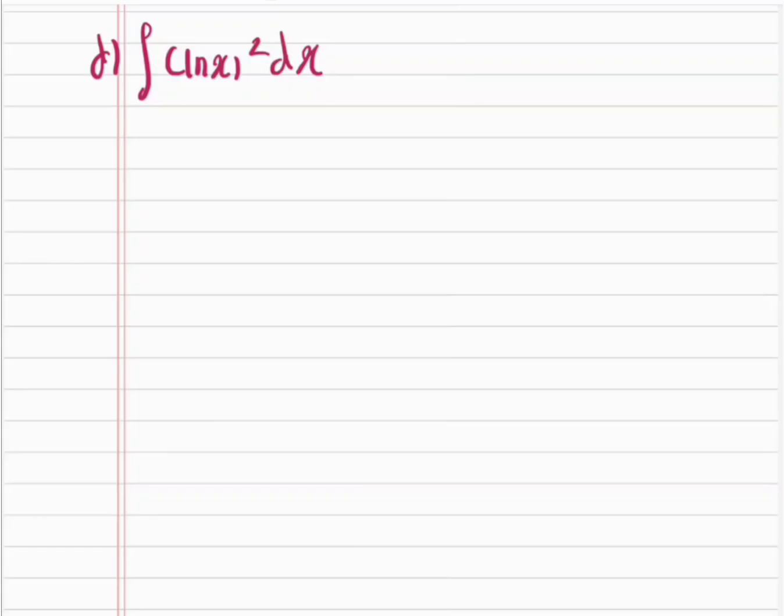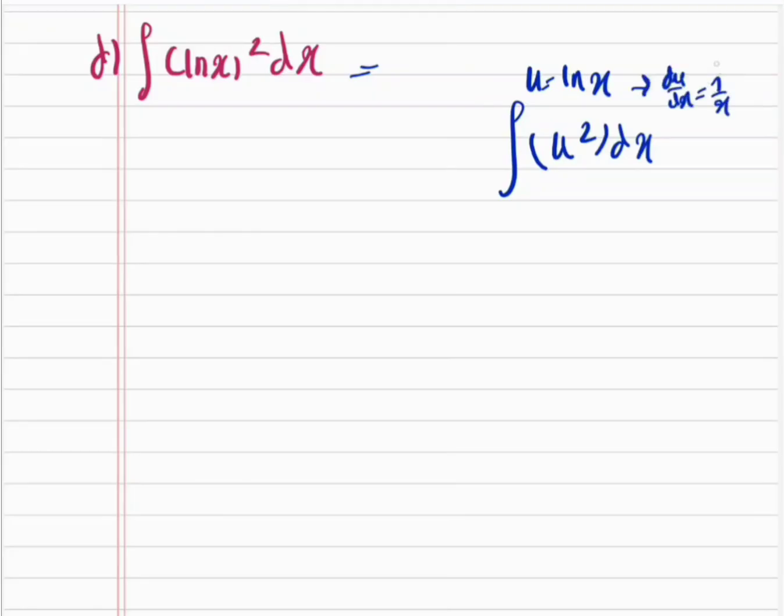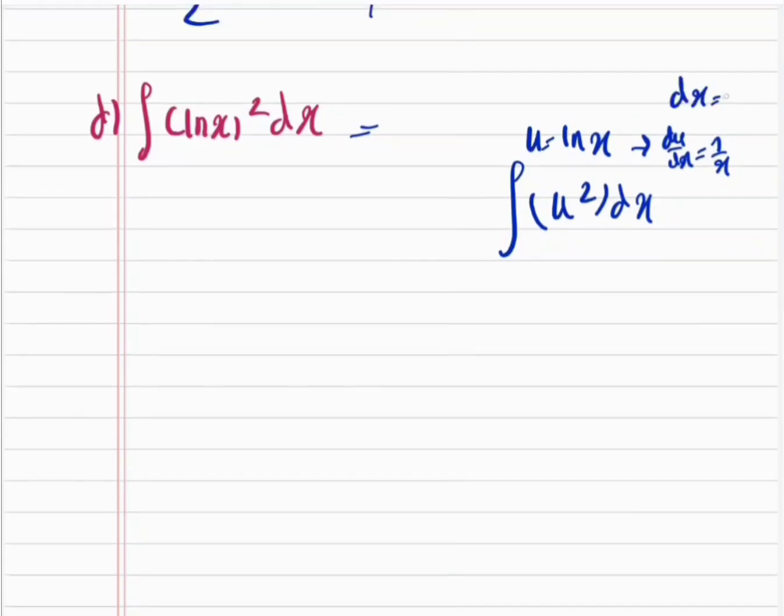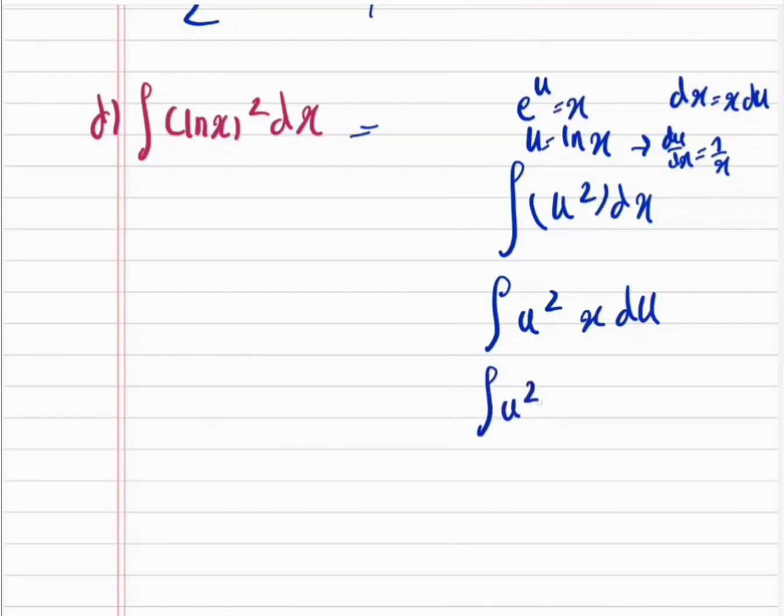We need to use a very interesting trick, because obviously we can solve this by integration by parts, but the first choice might be to use substitution. So we can say let u be equal to ln x, so then this becomes u squared. So that's what we want to integrate essentially. And then du dx is 1 over x, and now we can just rearrange this. So this gives us dx is equal to x du, and now if we substitute into the integral, we'll have x du. And at the beginning we said u is equal to ln x, so if we raise both sides to the exponential function, we get e to the power of u is equal to x. So here we have u squared times e to the u du,